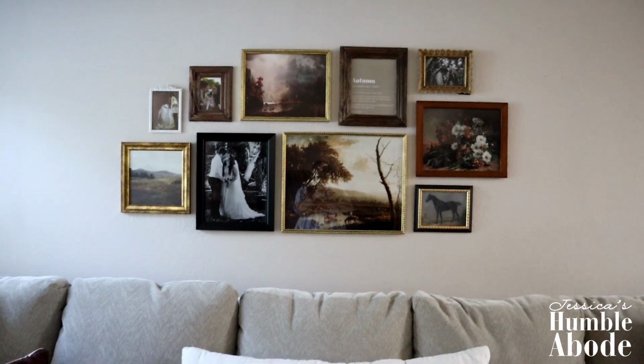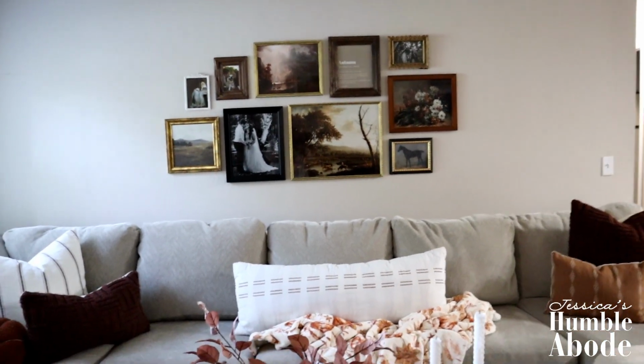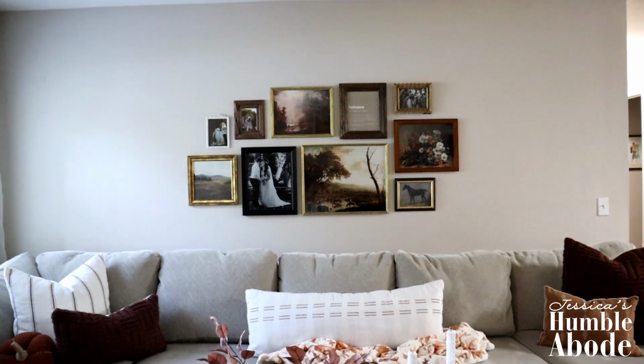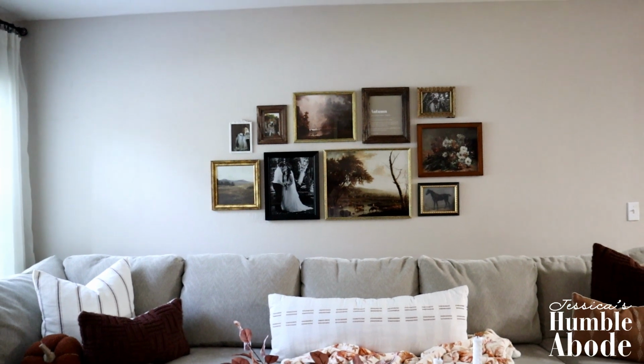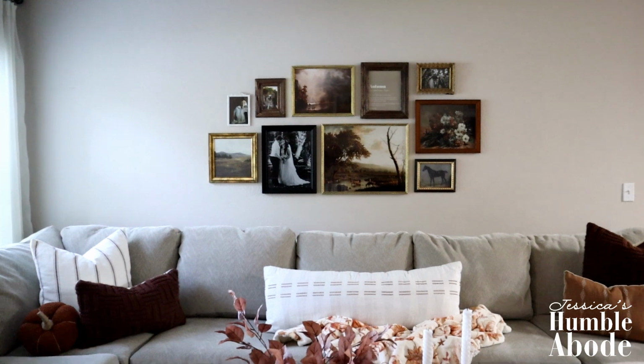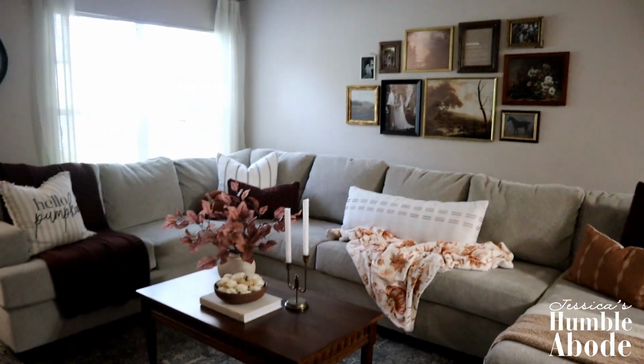I turned the living room light off so there was no glare, and I had planned on filming doing the new gallery wall, but it's very time consuming and it's hard to get everything in the right spot, so I ended up not filming it, and I just went ahead and did it off camera, and I figured I would show it to you. So this is